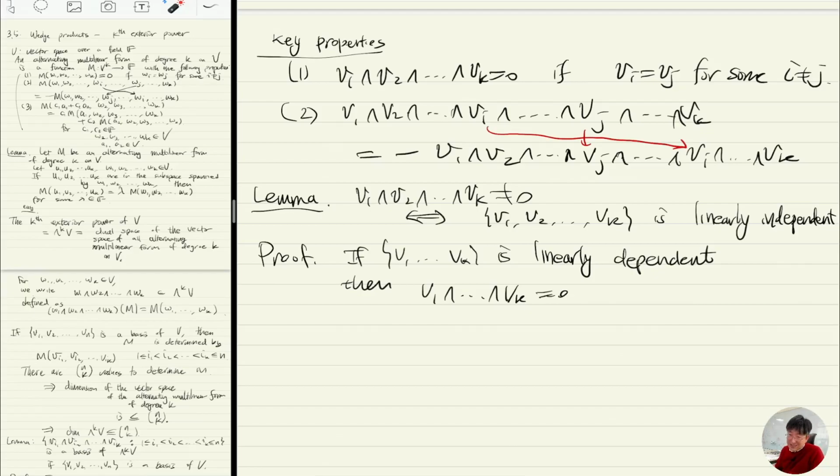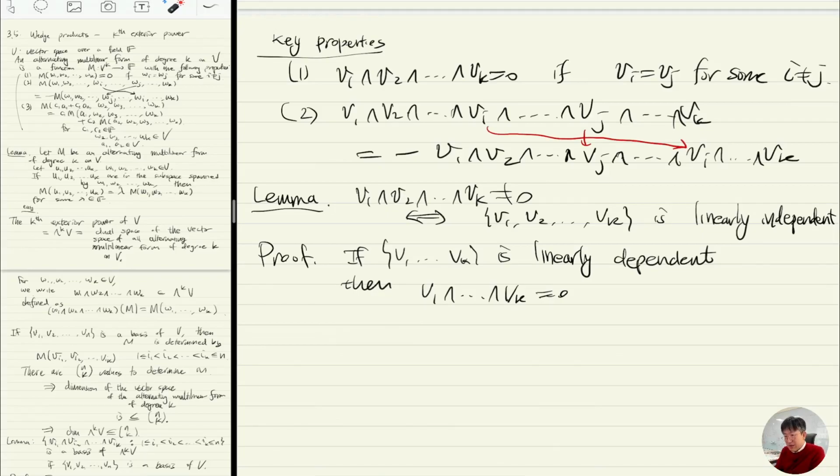Why? Because some of the vectors, let's say v1, is some linear combination of the others, and let's assume by symmetry that v1 is a linear combination of the others,